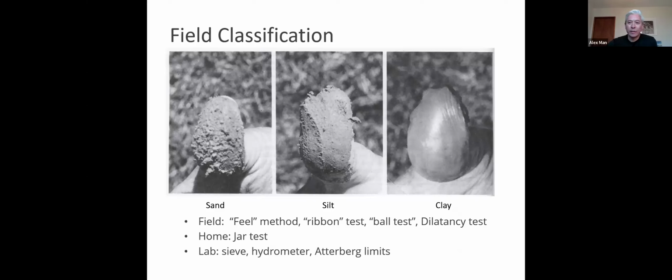So first thing you've got to do is really get in there and feel the soil. There's a number of field tests you can do. The feel method is the starting point. You can think of these pictures as grading from crunchy peanut butter to smooth. You can feel that grit when you have some sand. It becomes a lot more smooth when it's just silt, and it's almost buttery when it's clay. So we'll talk about these field tests as we go, something you can do at home, and then some of the lab tests later on in the presentation.